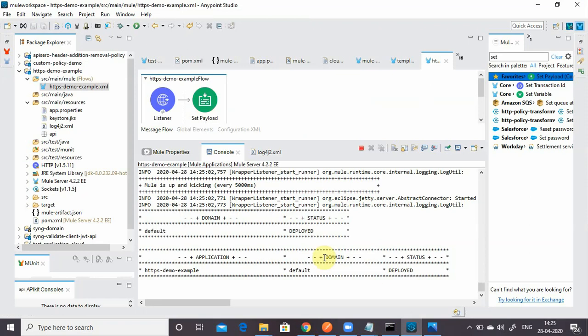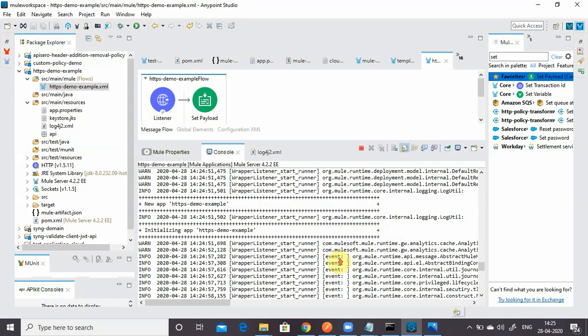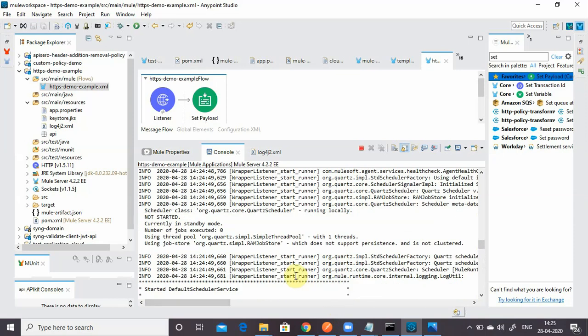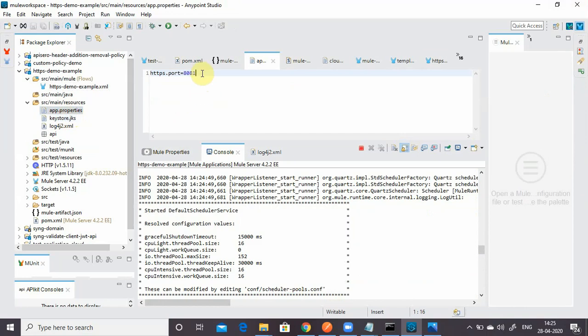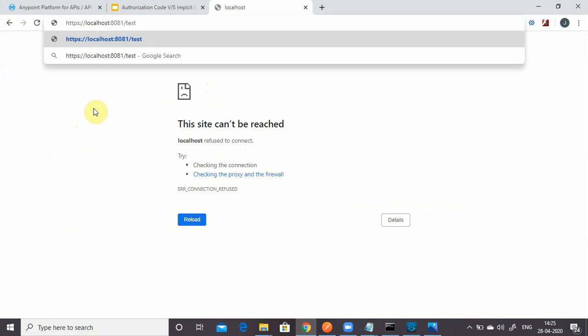Something is wrong. Let me check. It should not refuse the connection. 8082 is okay. The port is 8081, sorry. So I kept it 8081. That's fine. I will try with 8081. Enter.